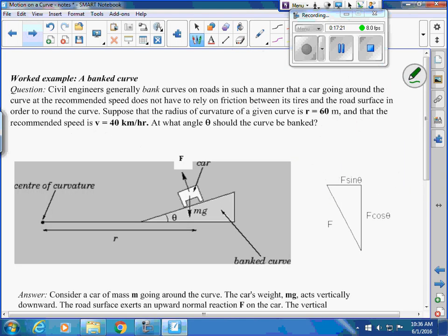Okay, so let's look at a banked curve. I always get this messed up. Okay. So, civil engineers generally bank curves on roads in such a manner that a car going around the curve,